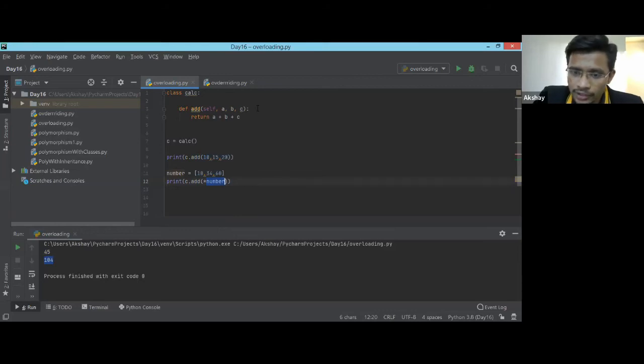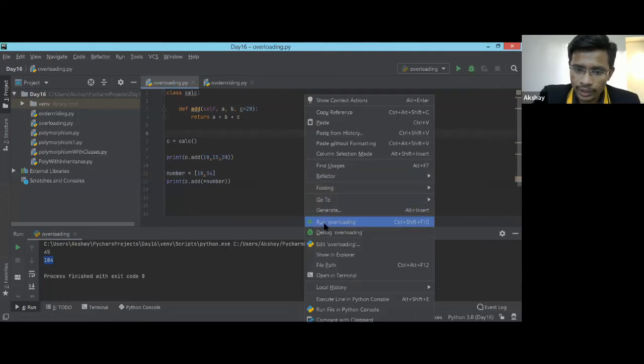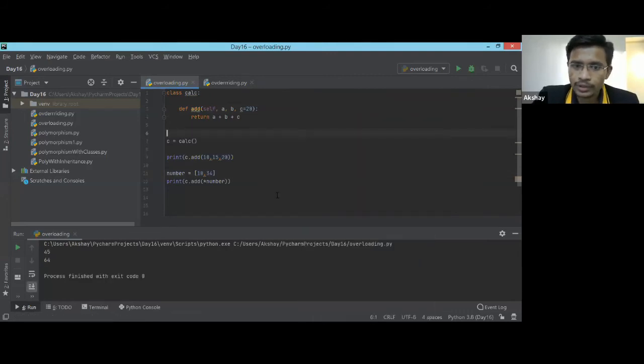Is that clear? So we can take c is equal to 0, then we can give two values also. Yes, yes, Vidita, absolutely right. If you took c as 0, then it is a combination of variable length and default argument, right? So it is a combination. You can do it like this as well. Yeah, so it will also work, but it is a combination of both. So that's the concept which I have to clear.